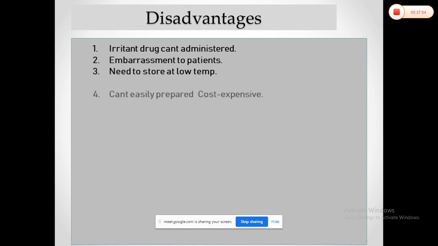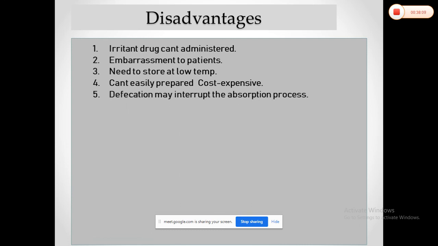Along with that, the process is also expensive. When we discuss the manufacturing process, whether we are using the fusion method or the cold compression method, it is a costly process, so it cannot be prepared easily. Sometimes deficiencies may interrupt the absorption process, so the amount present inside the rectum can affect our